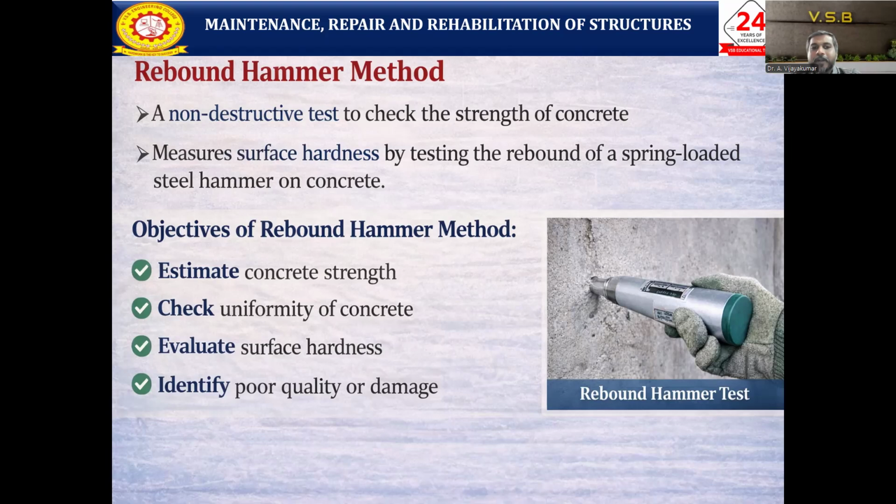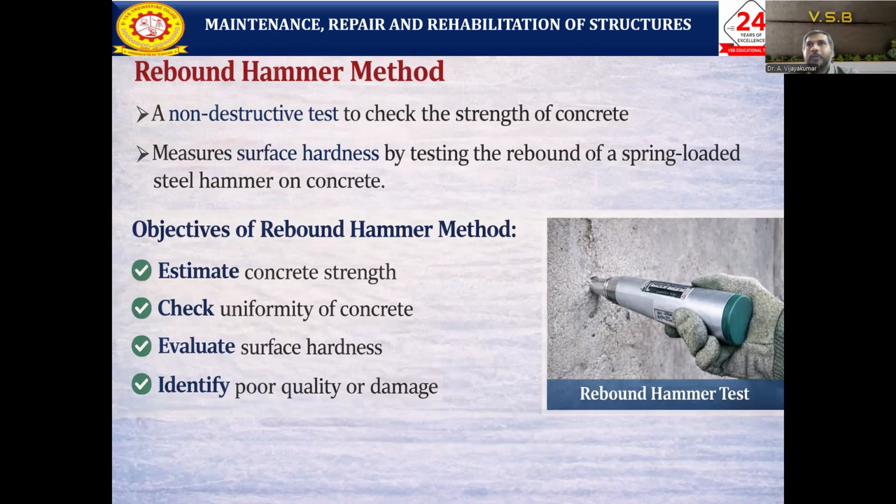To estimate the concrete strength, whether it be M30 or M40, whatever may be the existing strength, we can assess. Check the uniformity of the concrete. Any honeycombing or voids, we can check based on the rebound hammer. So whenever